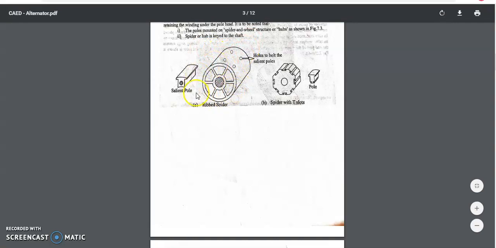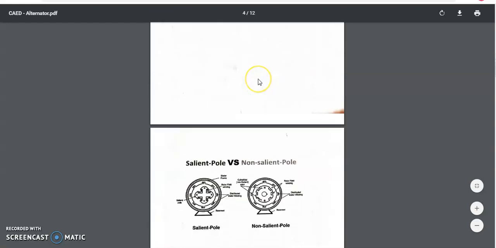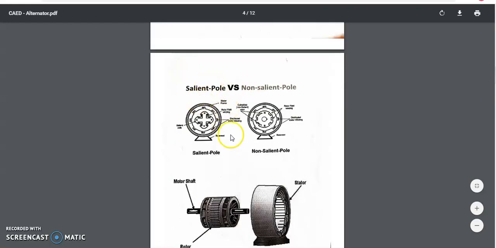The spider may be circular in cross section, or hexagonal, depending on the number of poles, and it will be slotted like this. You can fix the poles using bolts or T slots. This is how it looks in general.